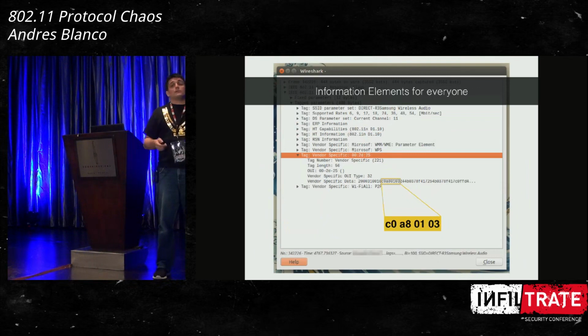And just to mention that there are a lot more things to see on these protocols. This is an information element from a Samsung device. I found this one day while I was driving somewhere. I noticed something weird. I started looking, and I said, too much information. This information element is too long. It has too many bytes. Let's see what is going on. And I started seeing these types of things. This is an IP address. So this device, again, is sending the IP address of a network it is connected to.